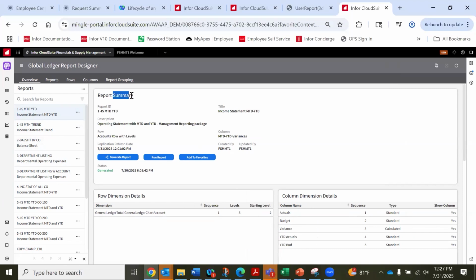And then I'm going to see my report summary, my overview. So I have my report ID. That's the name of the report. I have a title and a description. And most importantly, it's showing me here my row. This is the name of the row that I use. I called it account row with levels. And then here on the right, this is the column view that I used,